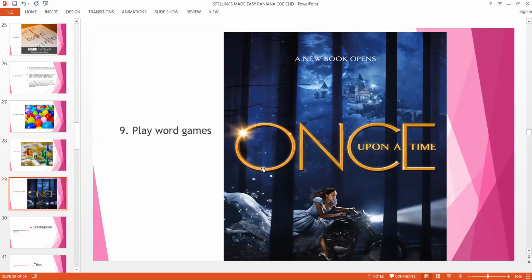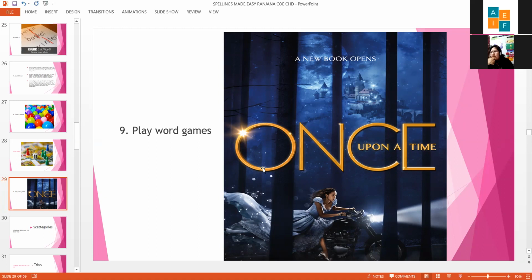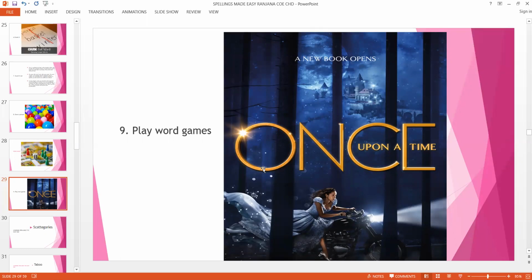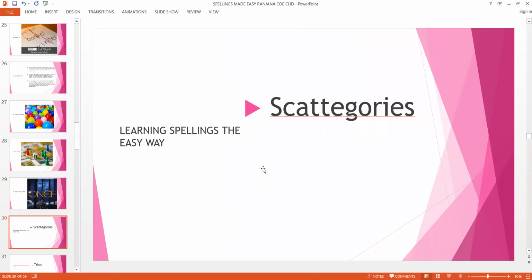Within a span of 5 minutes, for as long as the storytelling session is going on, you're not only giving a lot of imaginative ideas and a lot of vocabulary to the child, but also helping him add to his vocabulary and learn new spellings too. So this is one game which should be played in the classroom, and this has done wonders in most of the schools. Another very popular game is categories.